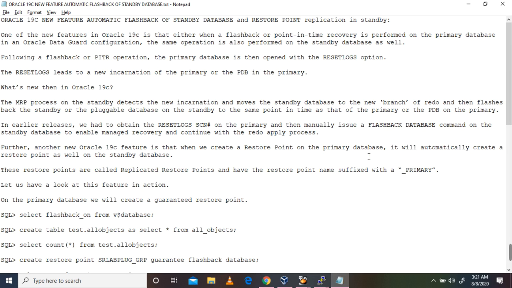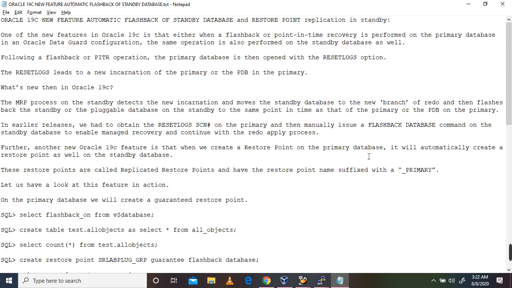Earlier in a Data Guard environment, if the application teams asked us to create a restore point, or we needed one before an upgrade or any changes to the primary database, we had to create the restore point on the standby side first, and then after a gap of 2 to 3 minutes, create it on the primary database.